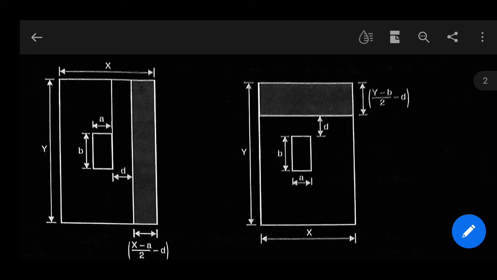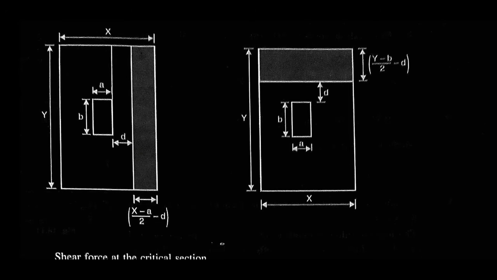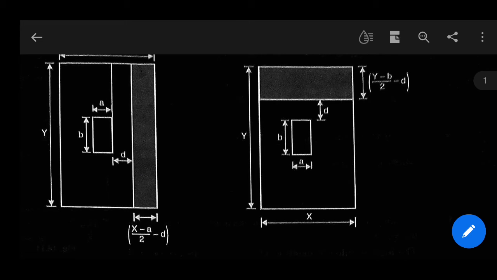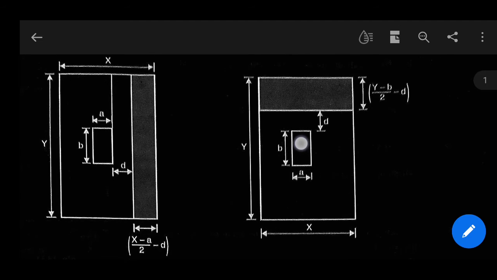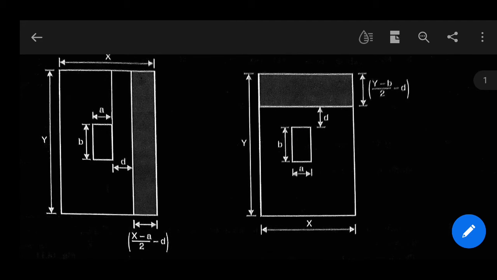And the critical section where the shear occurs is at a distance d from the outer face of column, as you see in the image, in both cases, for longer direction one-way shear and shorter direction one-way shear. So if it is situated at a distance d, then